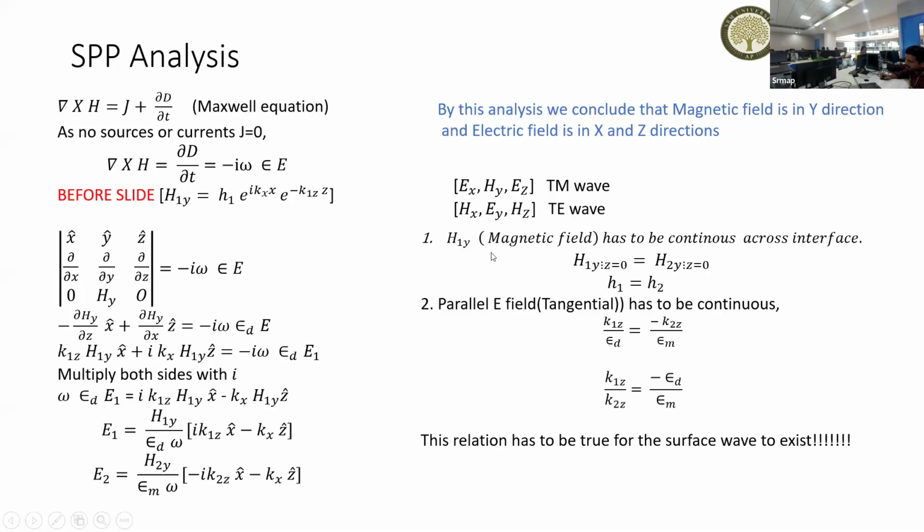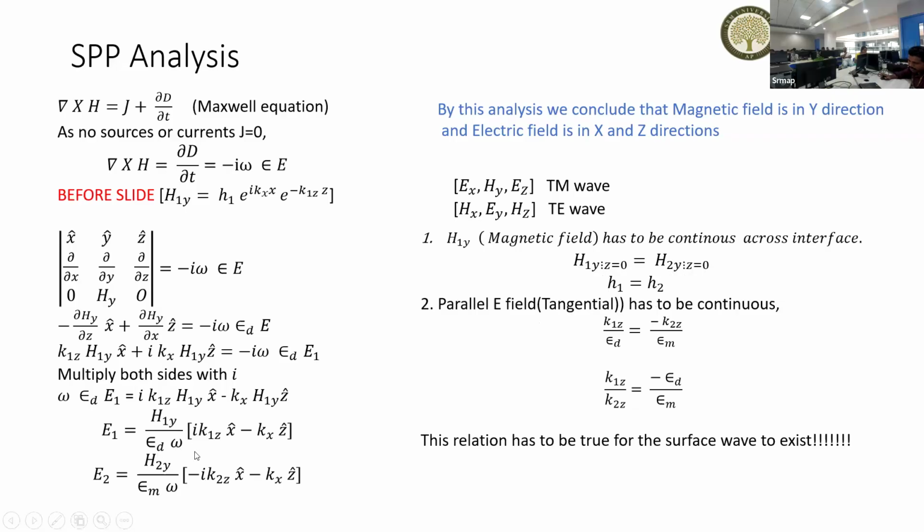And here H1y, and then you apply the boundary conditions. The tangential component of the magnetic field is continuous across the interface. So H1y at z equal to 0 is equal to H2y at z equal to 0. Finally, you will get H1 is equal to H2. Next, you have to apply the tangential electric field, the parallel component, also. The parallel electric field is also tangential, so it has to be conserved in both the mediums. So if you apply this, you will get here